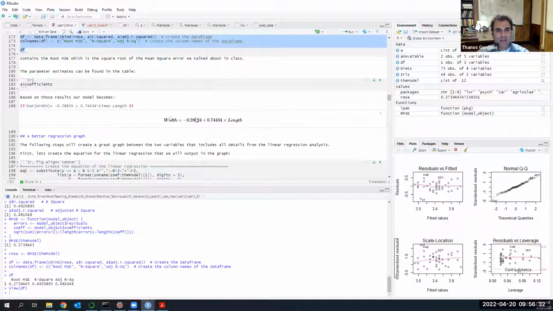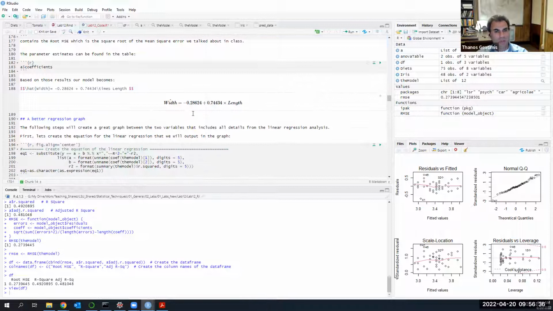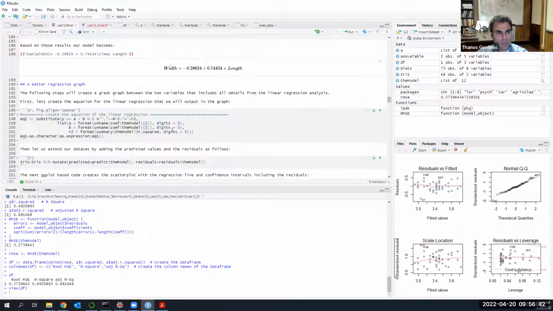And if there is no length, then the approximate width is negative. So this doesn't make sense if there's no length, right? Because these properties are lengths and widths of petals. All right. So what we want to do now is create some regression graph